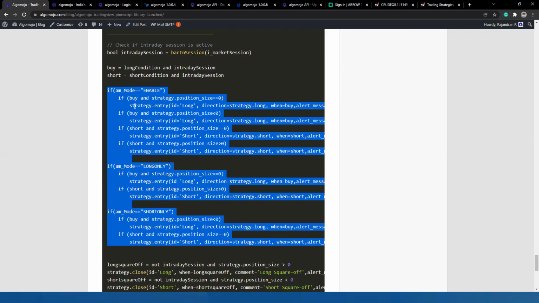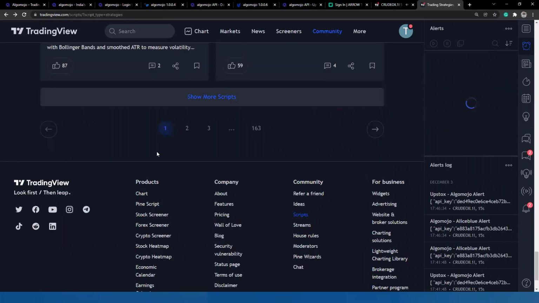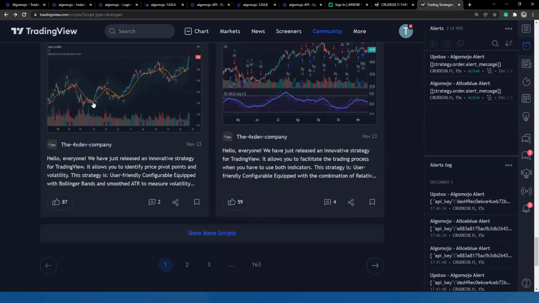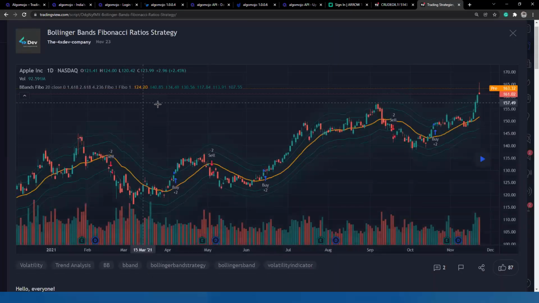We can figure out how to determine the functionalities, what kind of functionalities need to be chosen. Maybe for sample purposes, I'll explain with one more strategy so that it will be helpful for you to understand how to configure it, because it has slightly to do with logical operations. So let's say I'll go to the strategies again. We'll take a simple model here, something like a Bollinger Band, Fibonacci ratio strategy. It keeps on doubling the position, you can see that. It's going to be very simple.